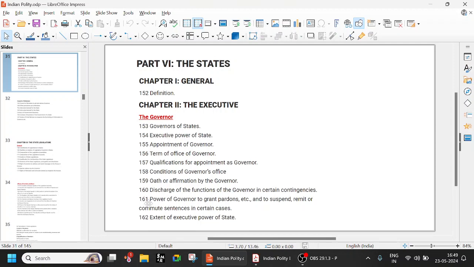Whatever is related to the parliament is somewhat related to the state government also. The president is Article 52, and the governor is 153. So like that, there will be some relation. Try to link and remember. Especially when we are preparing for Group 2 or anything, even these articles are very important. Frequently, because there are 75 questions, such articles are also asked. Anyway, this 161 is important: power of the governor to grant pardons.